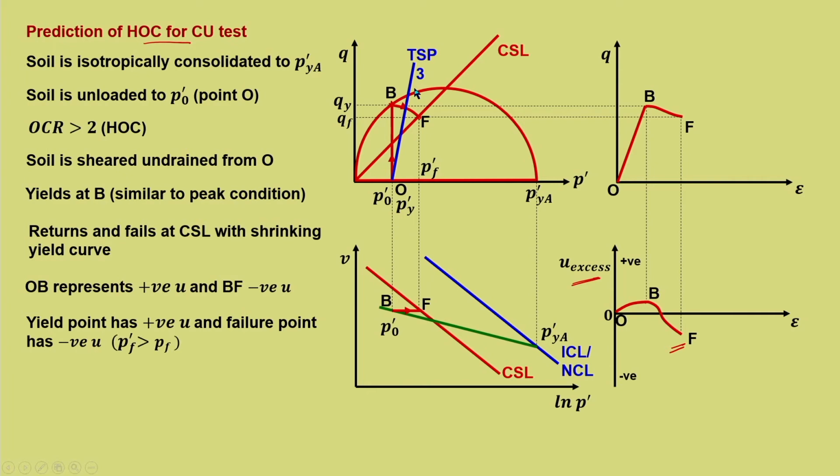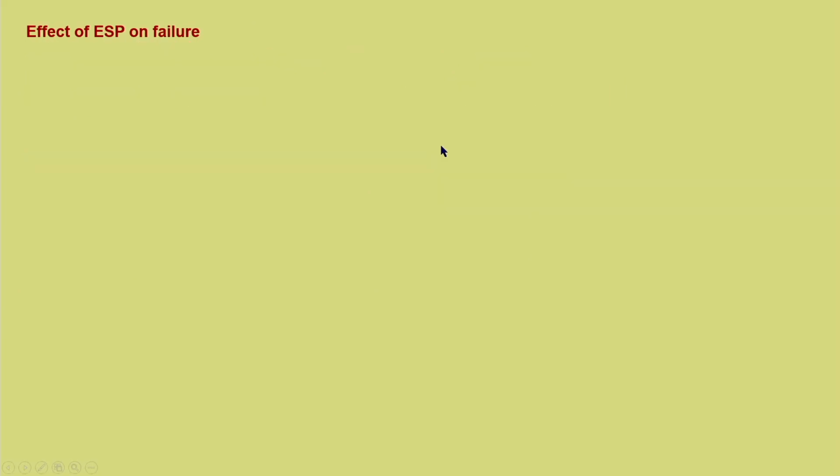So, P dash F is greater than PF. Now, PF corresponding to the failure line, this is the point F. We can see that this is the particular point, if you draw it down, that is PF. Now, you can see that P dash F is greater than PF. So, the effect of that is all about heavily over consolidated, and the prediction of Q F, P dash F,